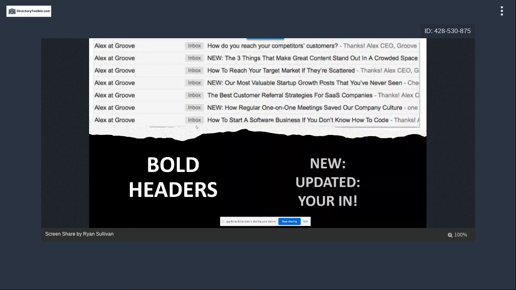So maybe like new or updated, or whatever that little statement is at the beginning of your email. The bold header can be a way to try to grab their attention, and you may be able to do multiple ones of these things, right? When we're showing you the different types, maybe it's an icon, an emoji, and a bold statement. So if you're using a rocket all the time, it's the rocket, and then it says new. Or maybe it says the word and then the icon. It says new and then the lightning bolt emoji. Something like that. But those do catch your attention and stand out a little bit more compared to other subject